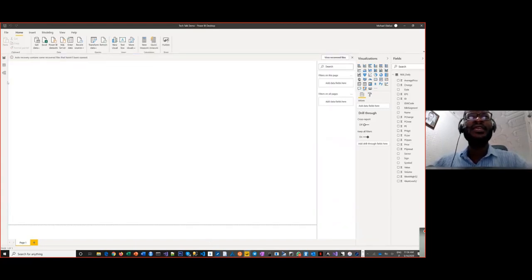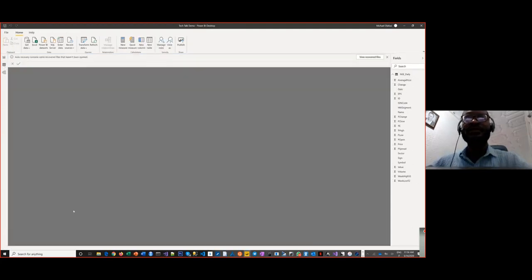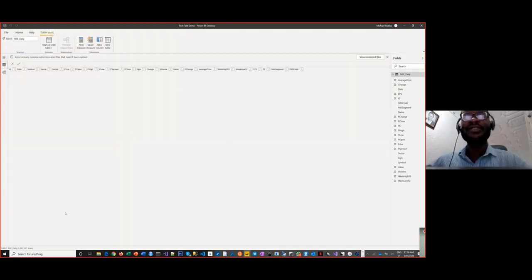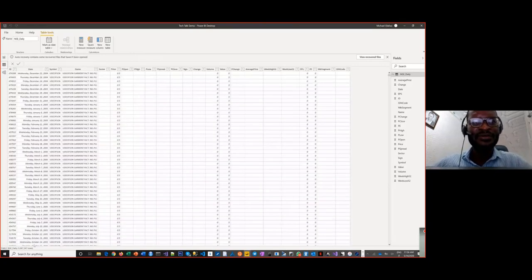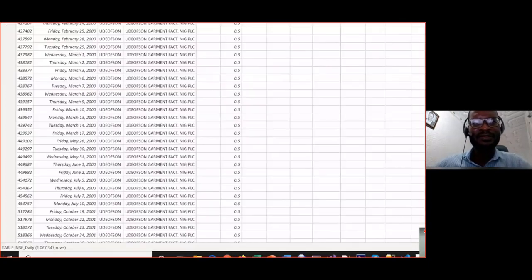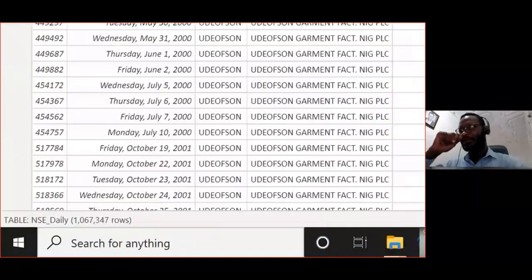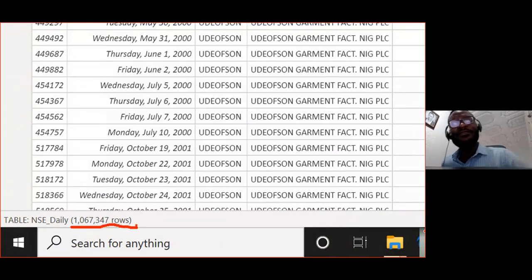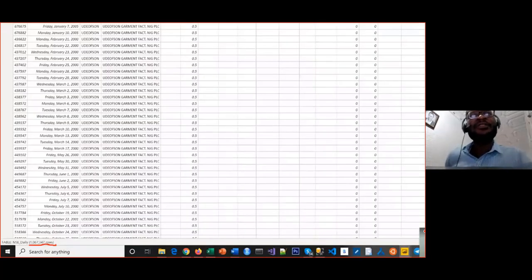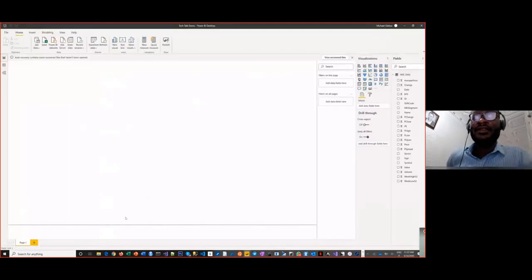So I'm going to bring in the other one just to let you see what the data looks like, and to let you understand that it's over 1 million plus rows. I'm underlining that right now for you to really understand the power behind it. And you can use it for data that is even a lot more than this. Okay, so now let's bring in the